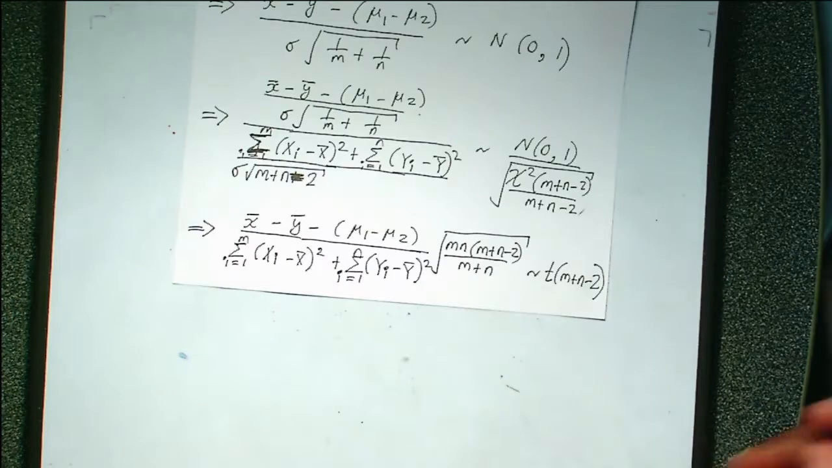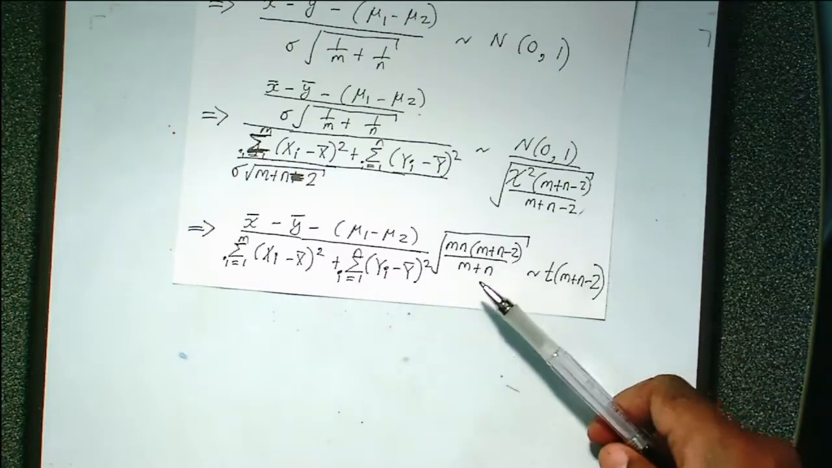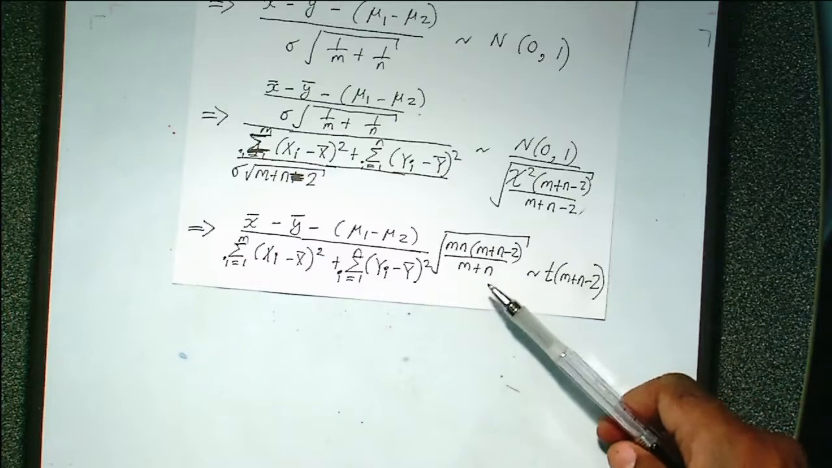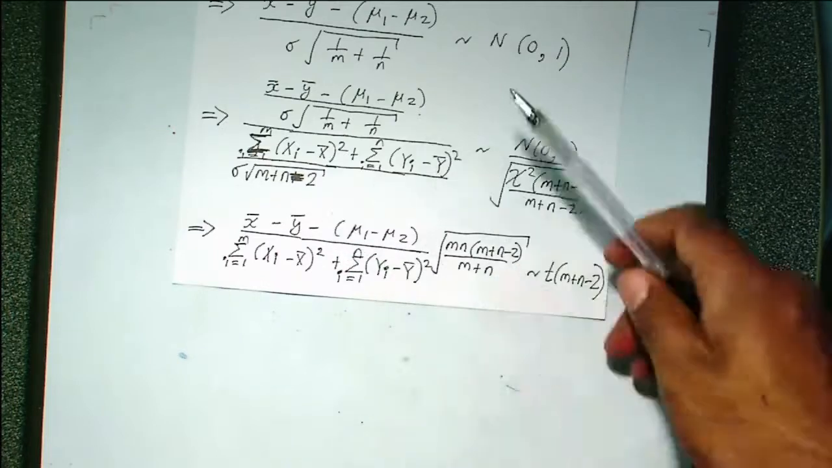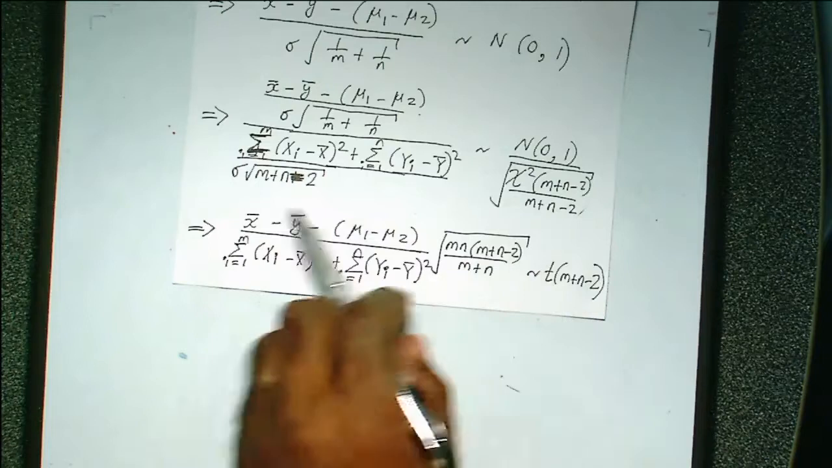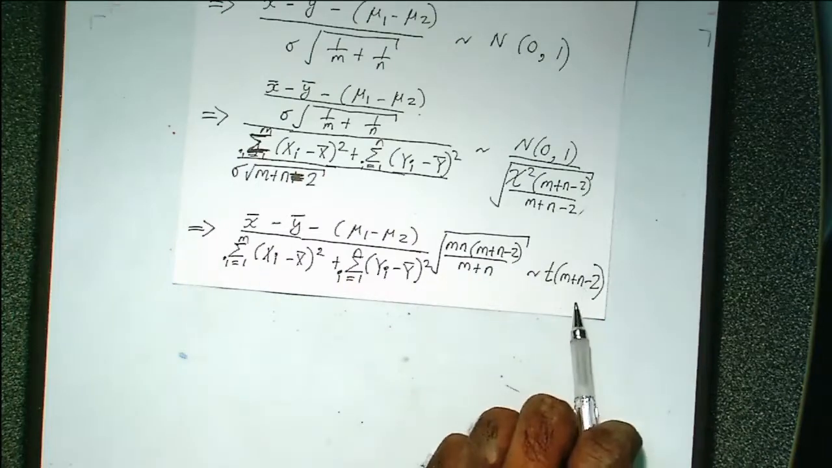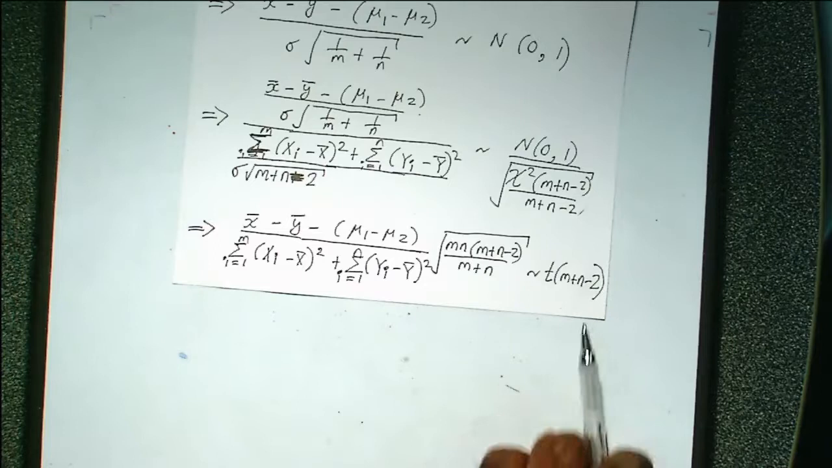Let me just give me a sec just to make clear that I haven't made any more mistakes. mn plus n, that goes up. Okay, it looks fine now. All right. So this nasty looking expression has a t distribution with m plus n minus 2 degrees of freedom, right? And therefore,